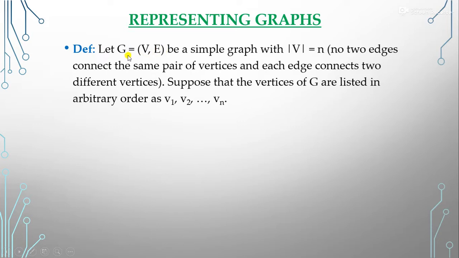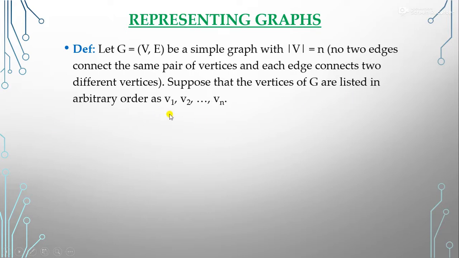We already know that a graph is represented by vertices and edges, where n here represents the number of vertices. In the case of adjacency matrices, no two edges connect the same pair of vertices and each edge connects two different vertices. Suppose that the vertices of a graph G are listed in